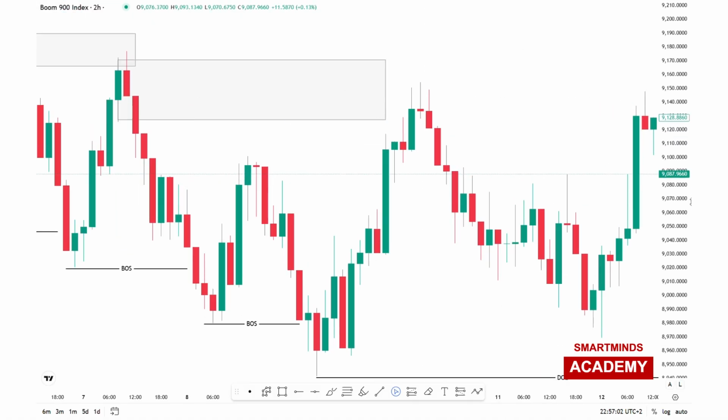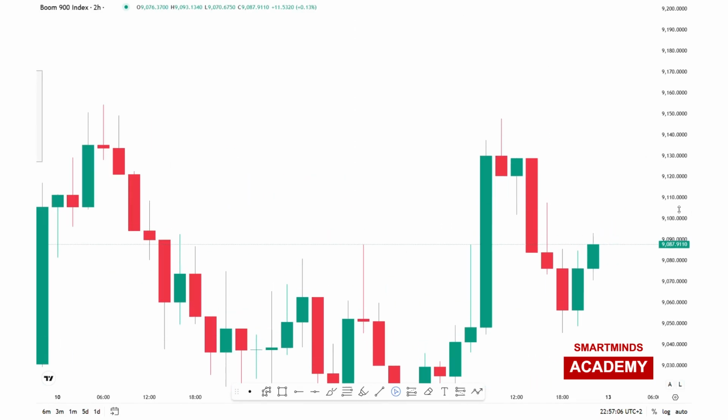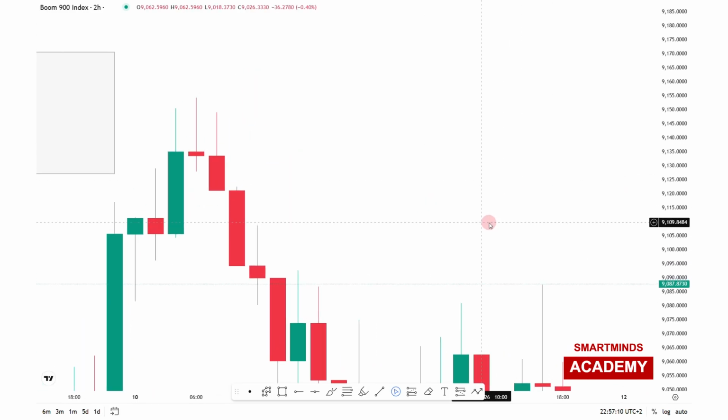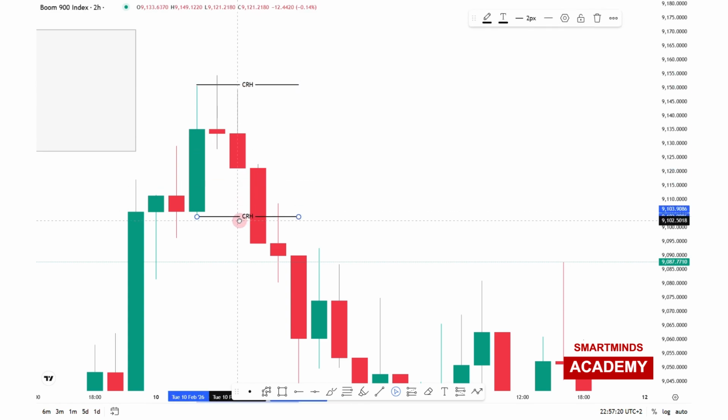Now I can see that here I have CRT, my range theory model here. What do we have? We have 3 candlesticks. I said the first one should be accumulation. In the corner, they take you out. The higher thing, they take you out. This is my range high, CRH. Then this is going to be my range low,